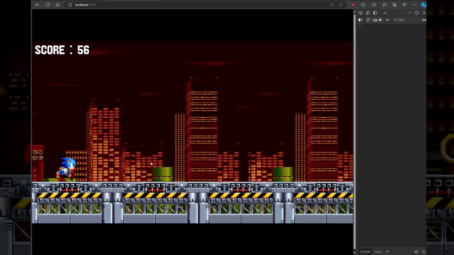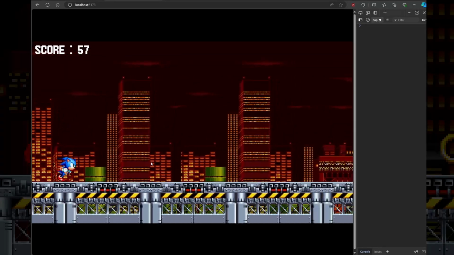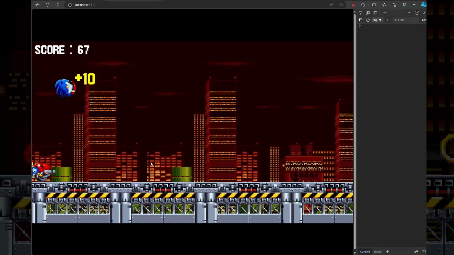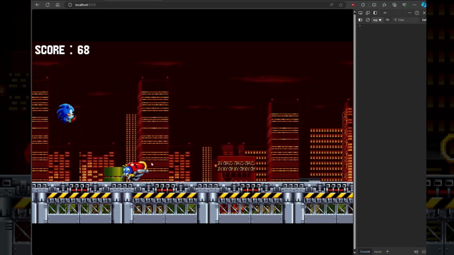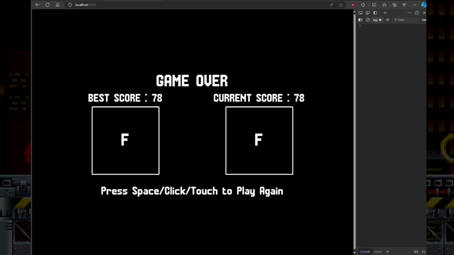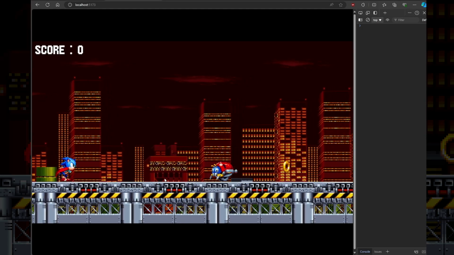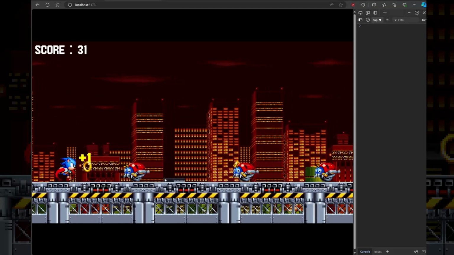Okay, so +1. I think we have the, here we go, +10, +10, +10. So the current best score is 78 because it's the first time we're playing, and then press play, space, click, touch to play again. So if I press, and now if I try to beat my score just to show you the difference,